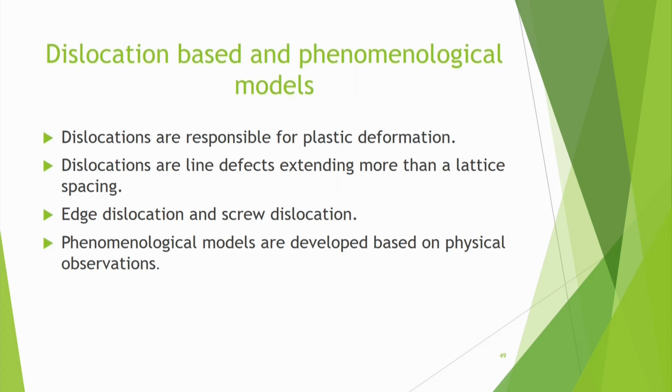Dislocations are basically line defects in the material. What do we mean by line defects? In a metal, atoms are arranged in a very systematic, periodic way. That is called a crystal, and that crystal is not perfect. In a two-dimensional diagram we may show this grid-type of thing, with atoms at the edges. But the actual material will not be like that.